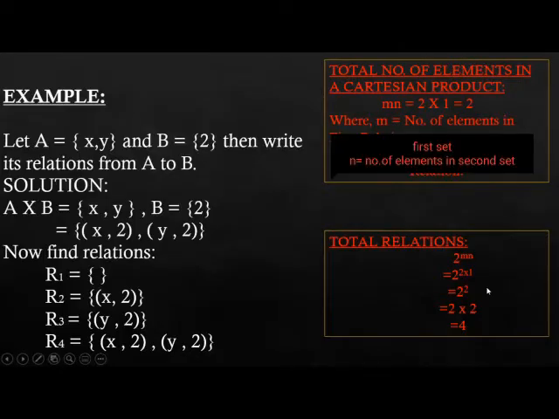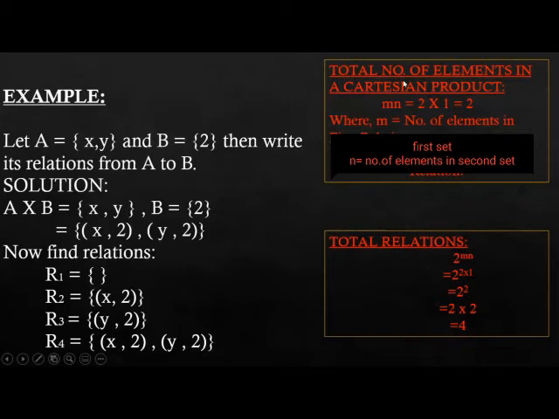There is an example, and this is a complete example and a complete question solved, where you can see that there are only 2 sets given and you have to find out the relations from A to B. This is a complete solution which you can follow step by step to do all the rest of the questions in your practice work. So there is a set A which is equal to {x, y} and B is a set which is equal to {2}.